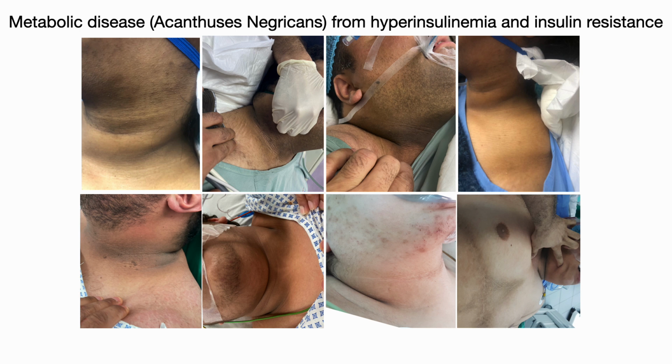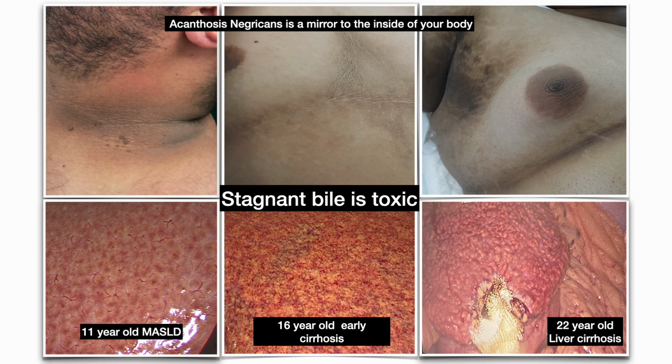And the same picture underneath the skin is coupled with what we see inside the liver. So those are the appearance of the patients underneath their skin. You can see this pigmentation and roughness in the skin. This is from the deposition of melanocytes as a result of the insulin resistance reaction by the body. And the same thing happens within the liver. You can see those livers, three livers, are fibrotic. You can see a little bit of fibrosis and inflammation in young people.